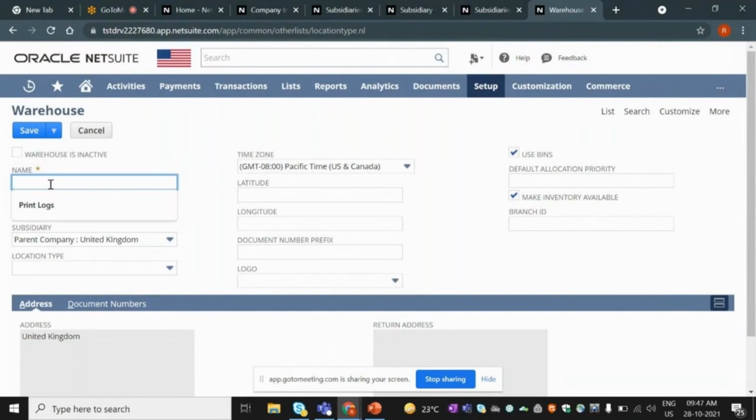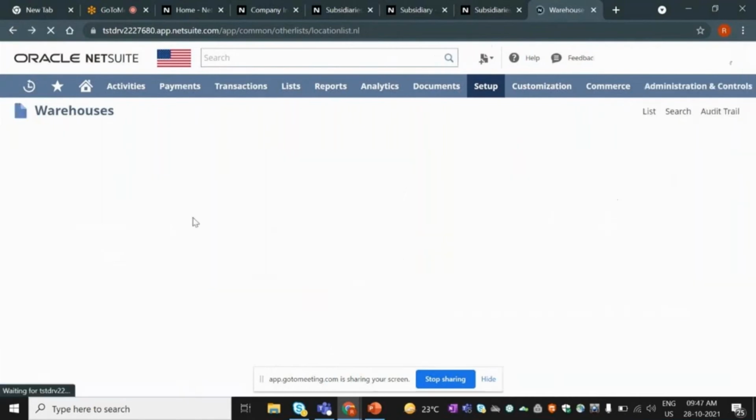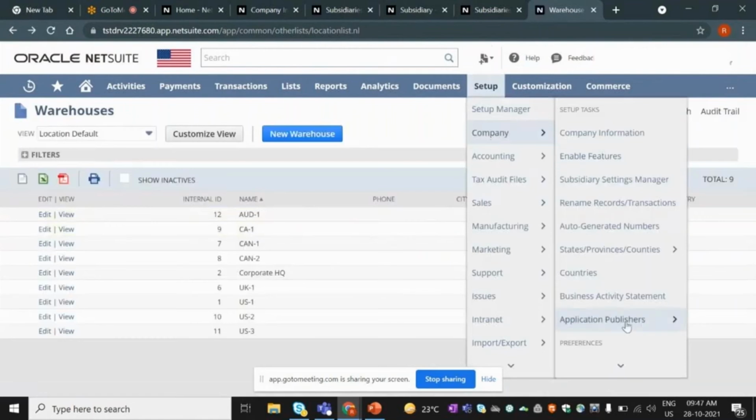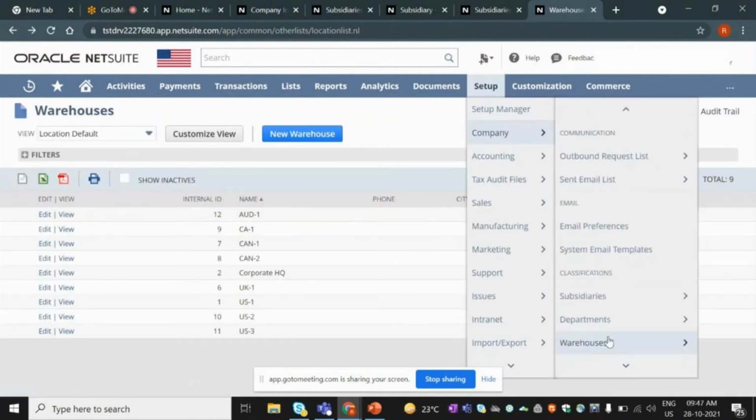Okay, overview of the class, location, and department, and the subsidiary structure. These are the basic things that we need to know first, like why we are creating this. So the classes are nothing but the cost centers. You could say a business unit, the cost centers that you are working, getting a profit over here in